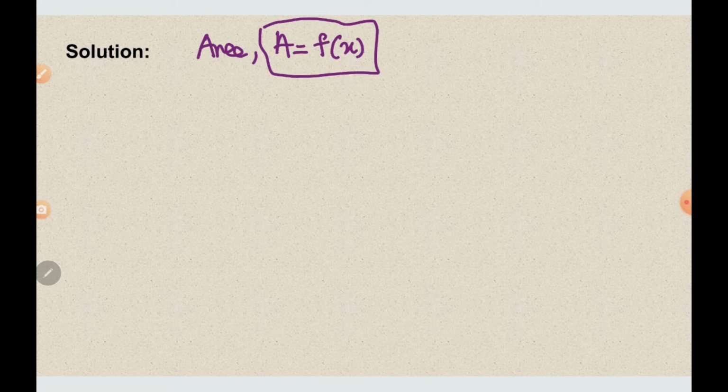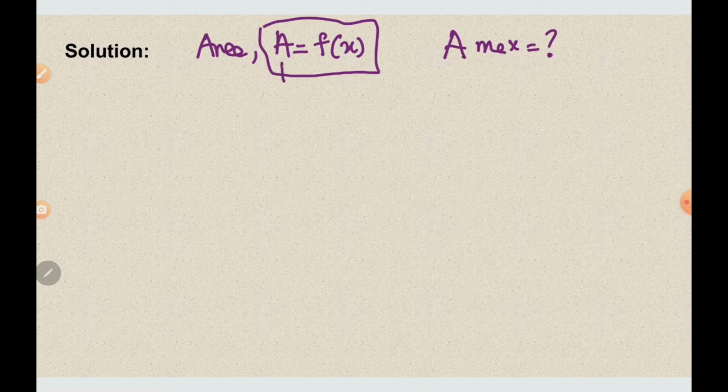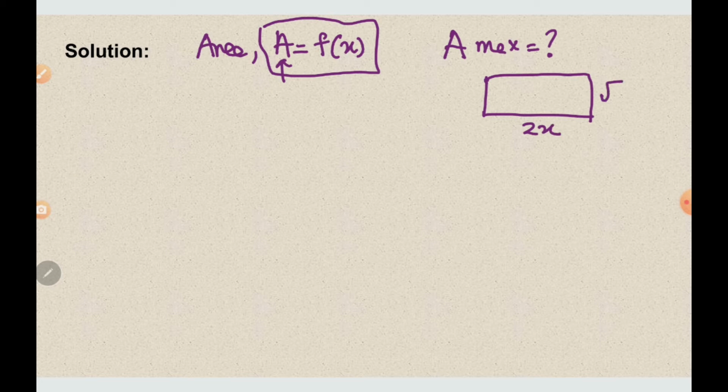Because we want to find the maximum area, so the function to be maximized needs to be the subject. Therefore, imagine the area of the rectangle. The length is 2x and the height is given as the square root of 4 minus x squared. So the area of the rectangle can be written as 2x multiplied by the square root of 4 minus